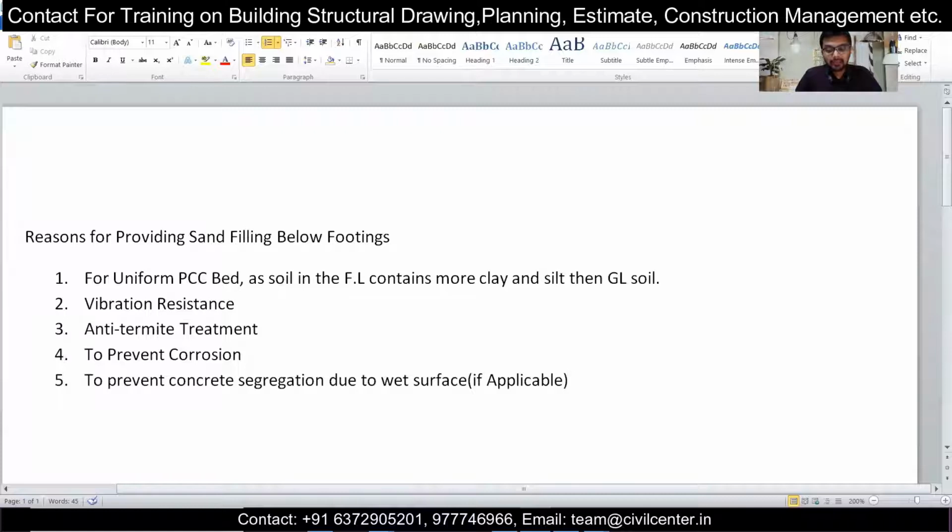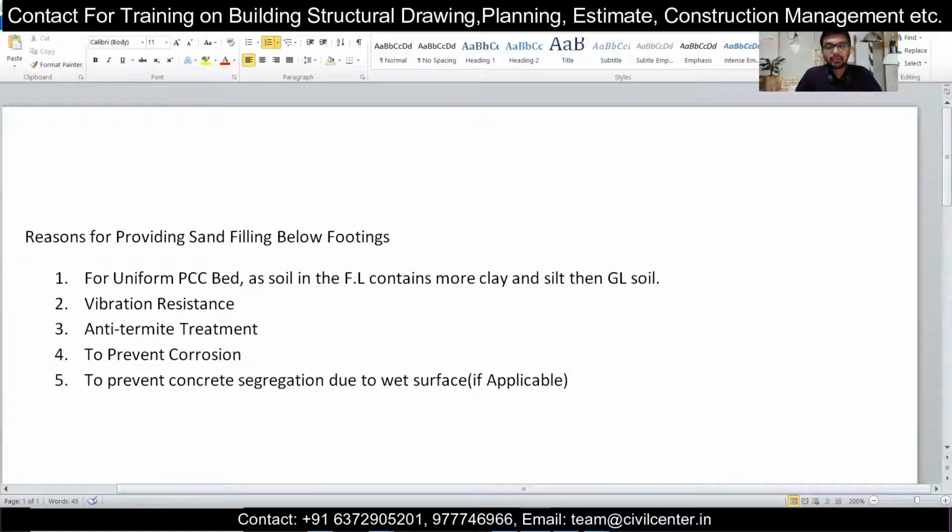So most people mix the anti-termite chemical with the sand filling below the PCC. It closes all the voids of that sand and doesn't allow the termites to enter your footing or your home. So it is also important in places where the termite problem is more predominant.